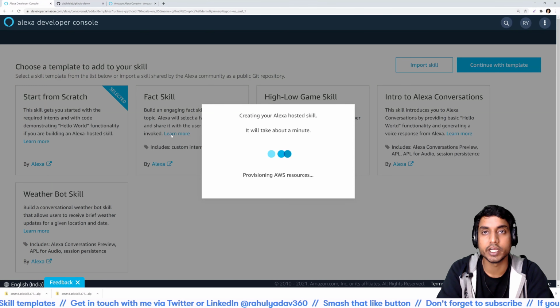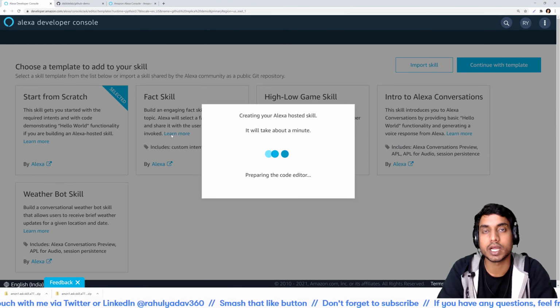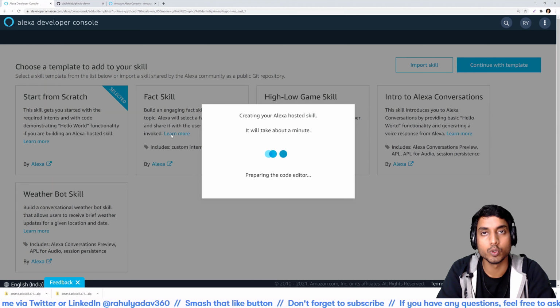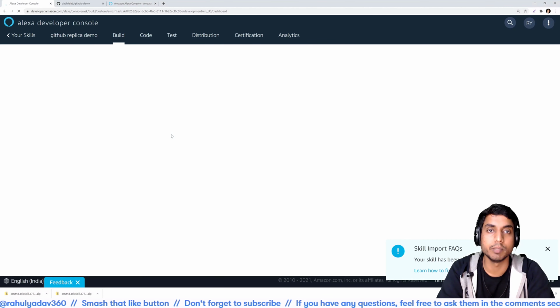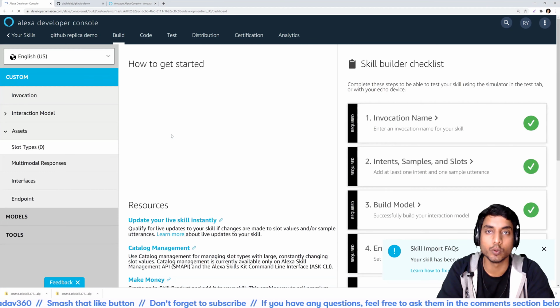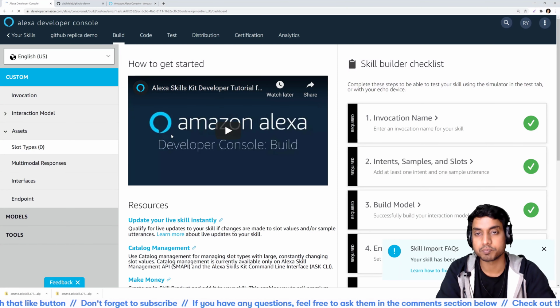So if you're using a database to store values, and if you're using S3 to store some image files, make sure that you copy all of those files and manually upload them to the new S3 bucket that is created, or create new tables according to your skill, because those won't be replicated.